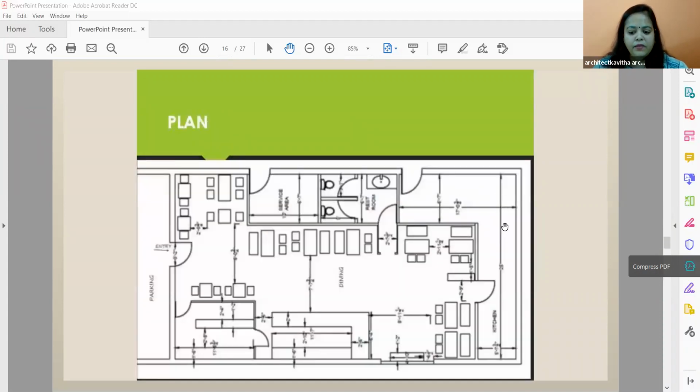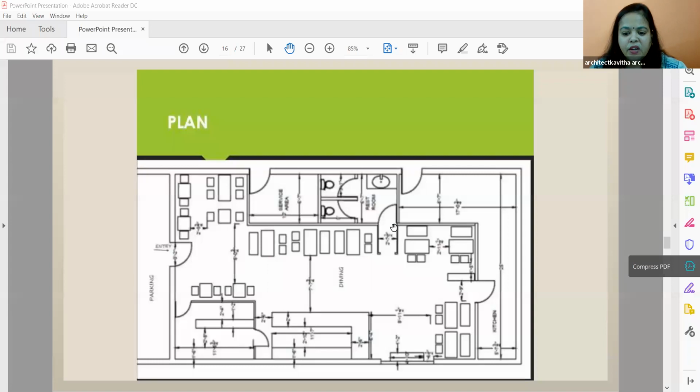So this is the plan. If you see, this is the entry. You have your parking in the front. You have some two-seater dining. There's a four-seater dining. Here and all, it's four-seater. Here also, if you see, these are like benches and these are like chairs, which you will see in a lot of restaurants. Here also you have this, like your reception area where you will pay the bill and all, like a counter maybe. This is like their staff room if they want. And here also you have your dining.